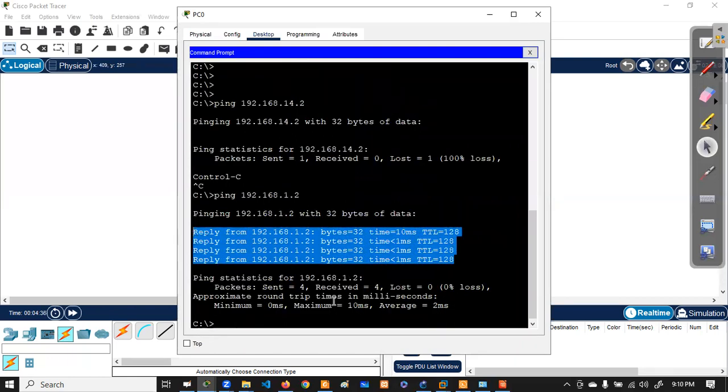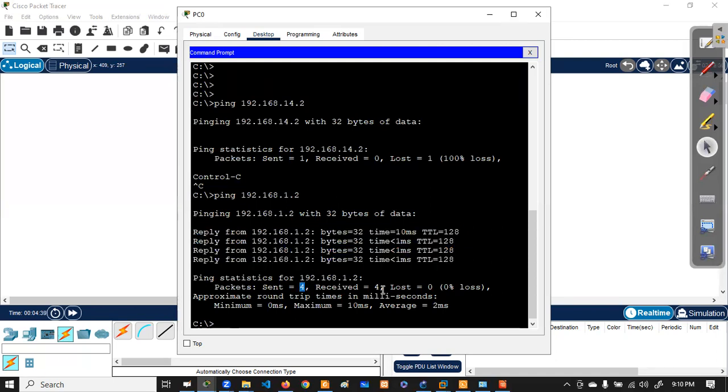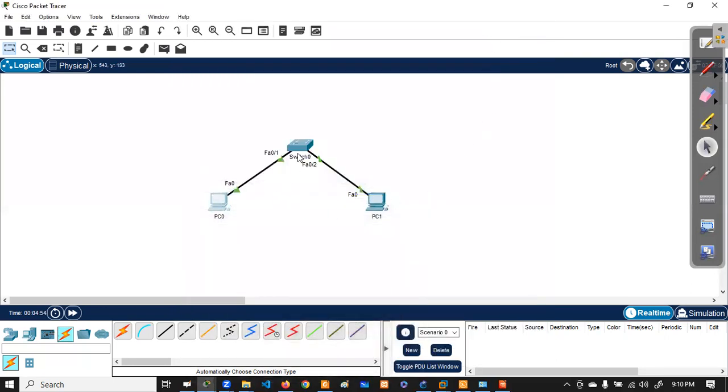That means you sent 4 packets and received 4 packets. There is no loss, so communication is 100%. So you can communicate with each other if they are in the same network. Understand? Right. So these two are in the same network.